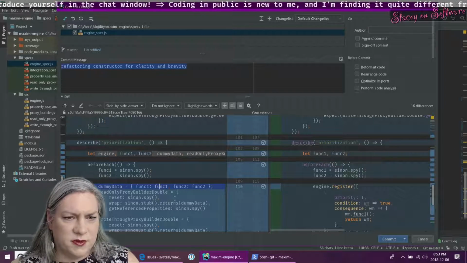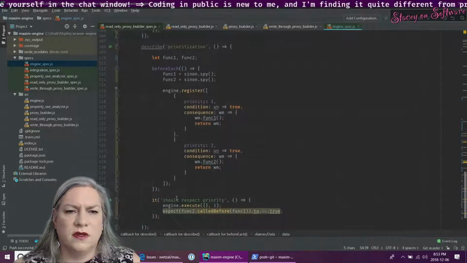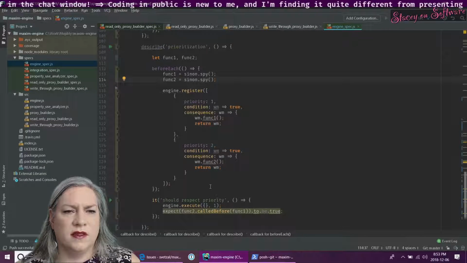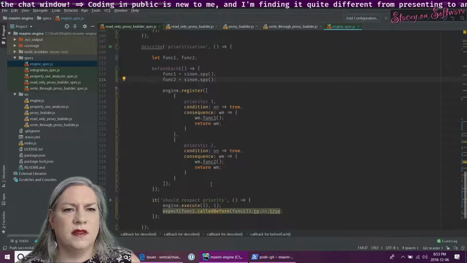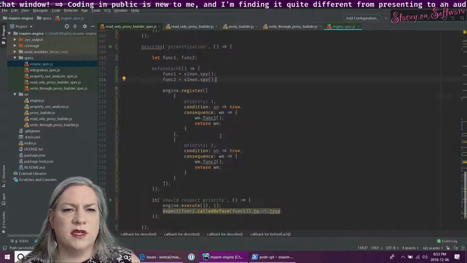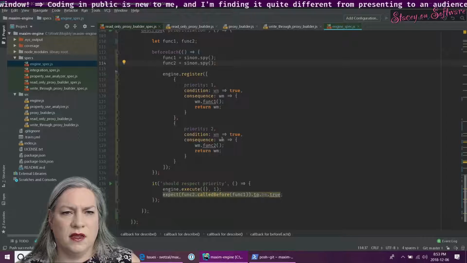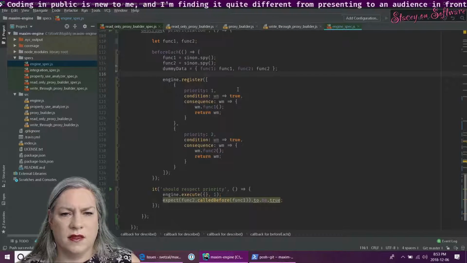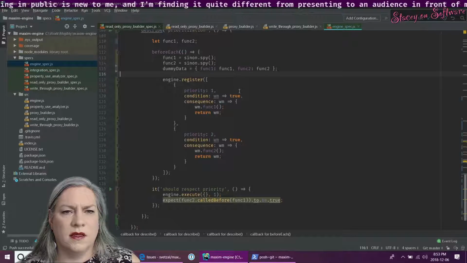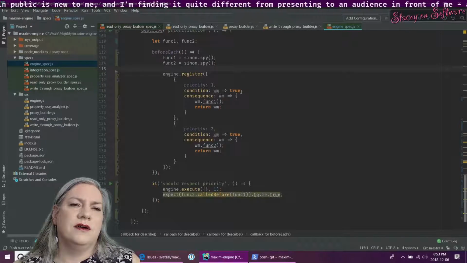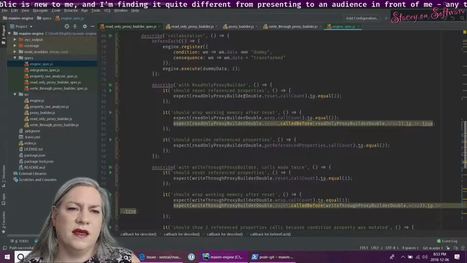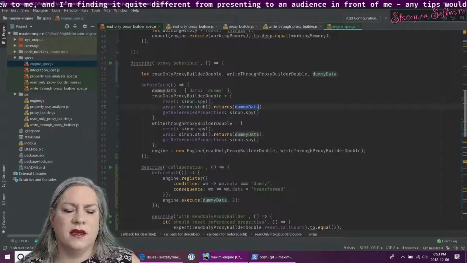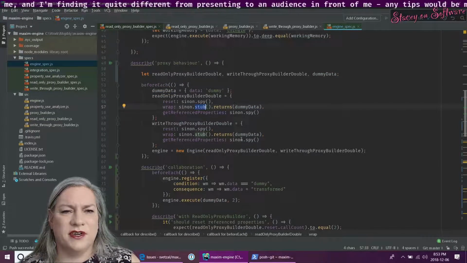So that's special between the two things. How do I use the dummy data in here? Oh boy. Yeah. I've made a real mess. The dummy data is what my stub is returning.